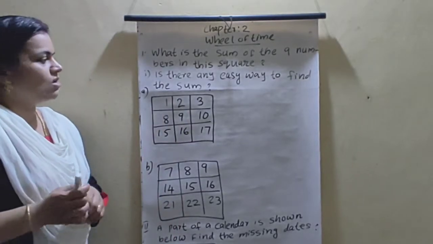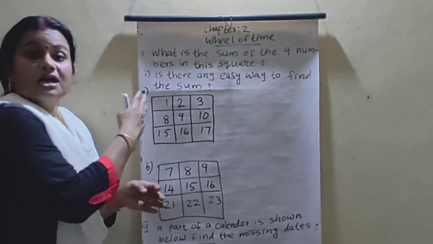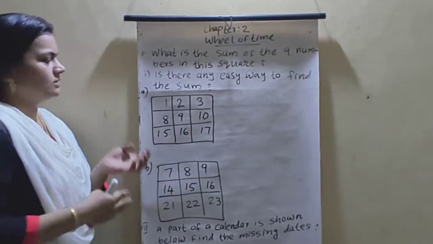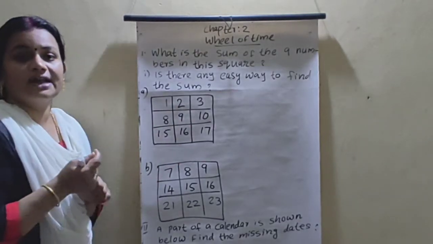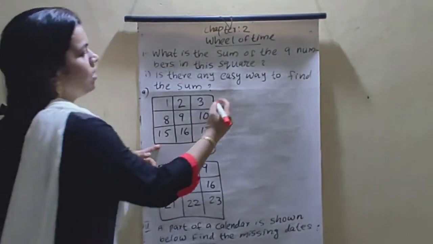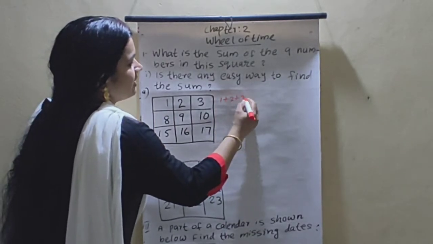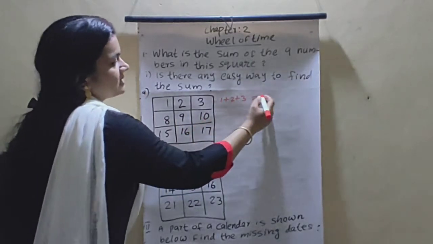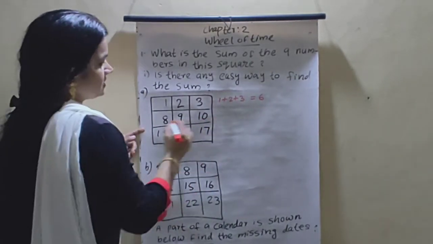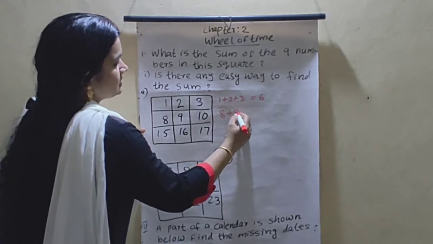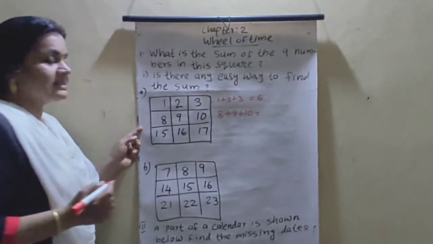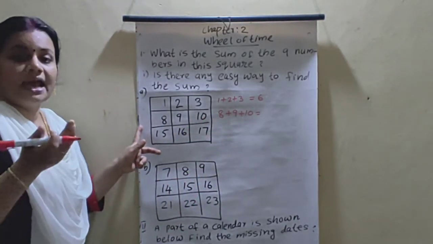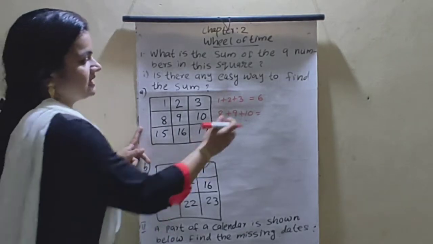First of all, you can find the sum column wise or row wise. Add these 3 numbers. First we write 1 plus 2 plus 3. What is the answer? 1 plus 2 is 3, 3 plus 3 is 6. Then what is my next row? What is 8 plus 9 plus 10? 8 plus 9 is 17, 17 plus 10,